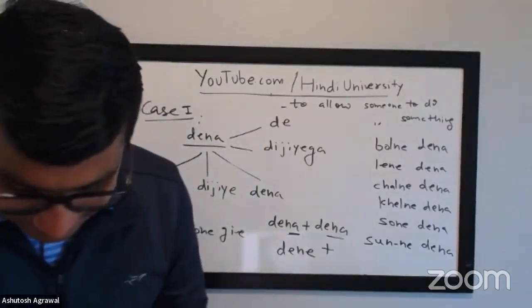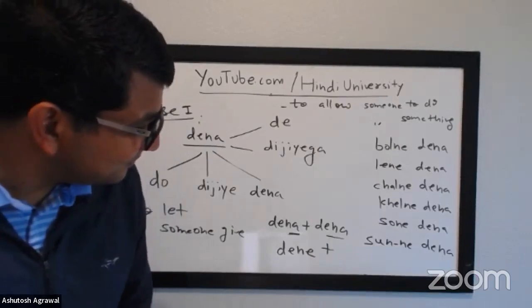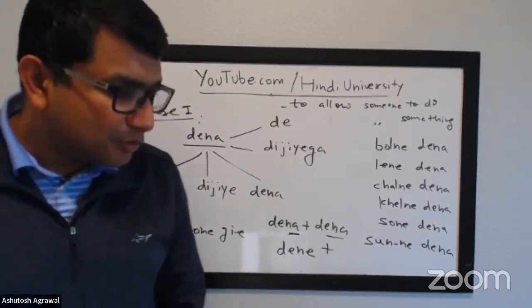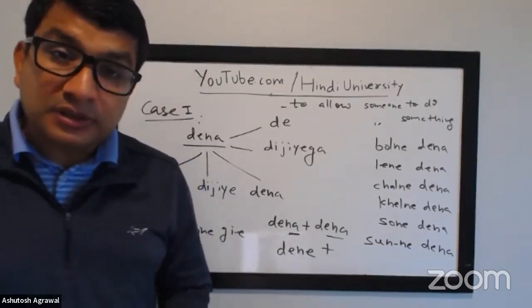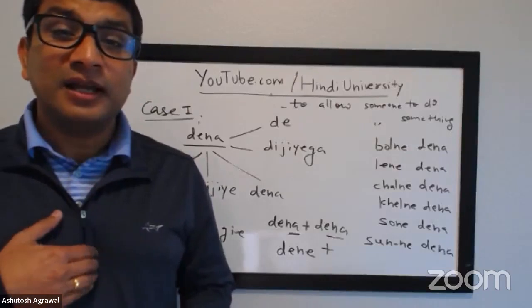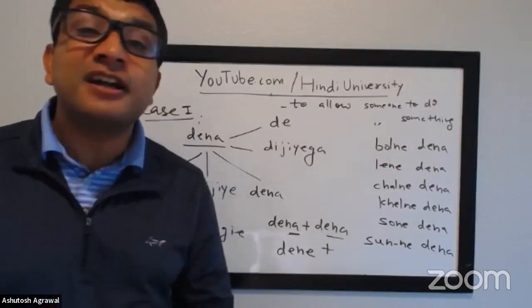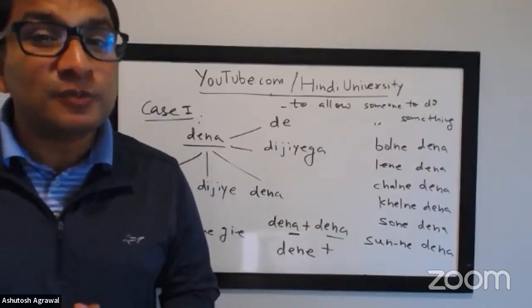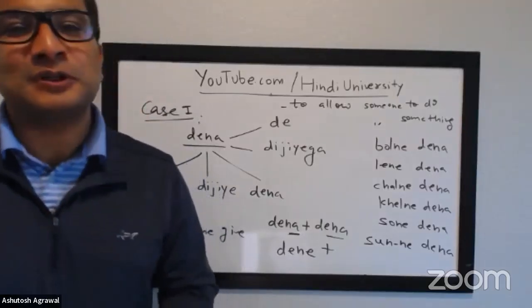Sorry, but is it always them, as in let them give, or could it be me? Like let me sleep? Yes, it can be both. Let me give, let them give, let Jessica give, or let Tom give. It could be anyone. So it depends on the context. That is correct. It depends on the context.